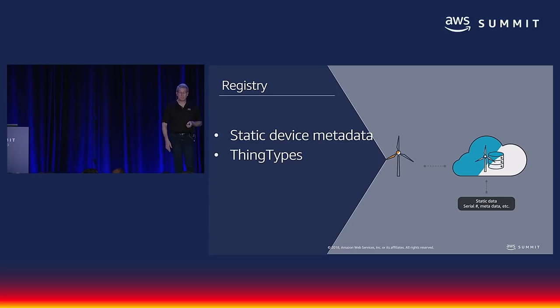or interactions on. To make it easier, we have a thing called a thing type that allows you to take different attributes by naming convention and make those available as a single thing type that you can apply to a variety of things. In the toothbrush example, it might be serial number, firmware version, and particular SKU number. We have a production run of 100,000. They have this. We design a new toothbrush. We'll create a new thing type to reference this new toothbrush for all the new things that are created underneath